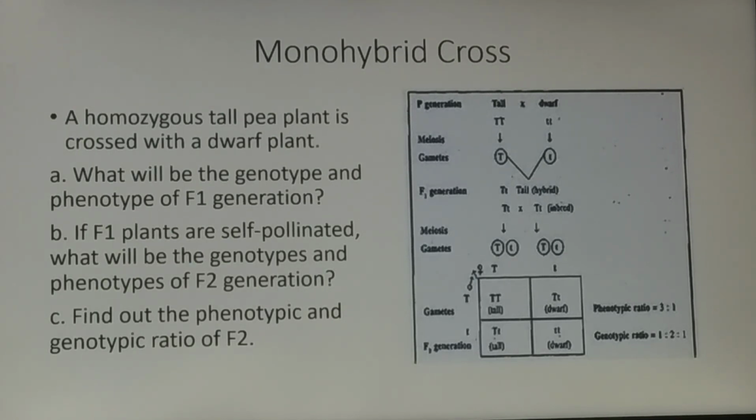Now draw the Punnett square, and as I told you, write the gametes of one parent on one side and the other parent on the other side, and inside the subsquares you should write the genotypes and the phenotypes of the offspring or the progeny. So in the first column you get capital T capital T, on the right side the second column you get capital T small t, then the third column, that is below, you get capital T small t, and the last fourth column you get small t small t. So these are the genotypes. Okay, so you have found the answer for the first part of the B question.